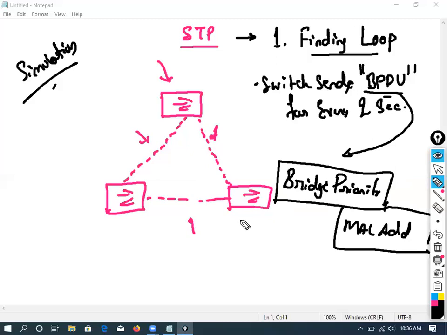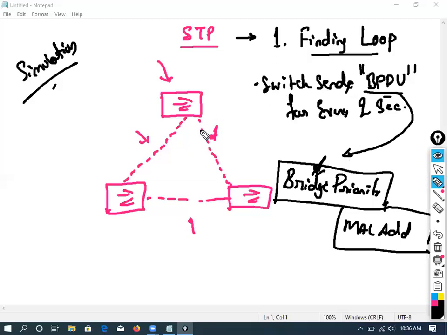So the bridge priority bits, the switch priority, is going to be specified here. You know what priority is, right? You know the meaning of priority. So it's going to add its priority and the MAC address.